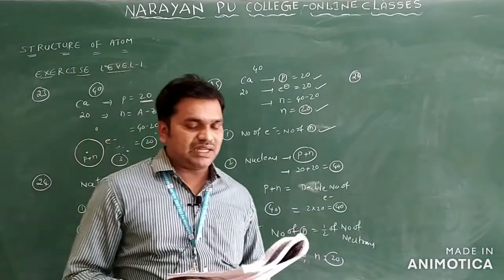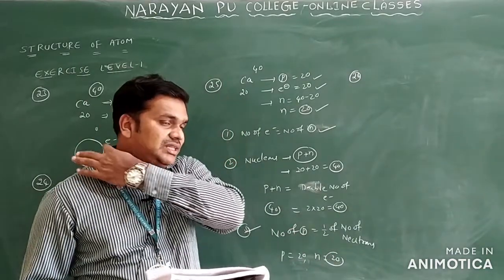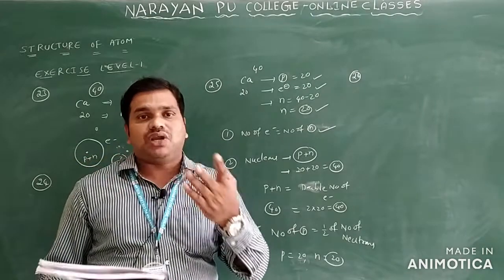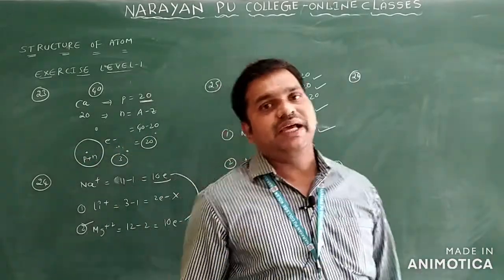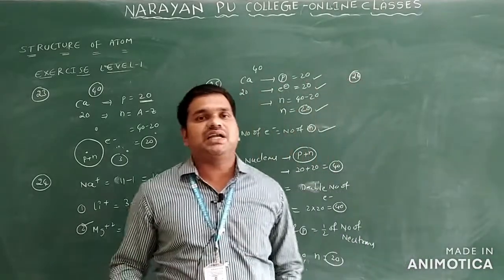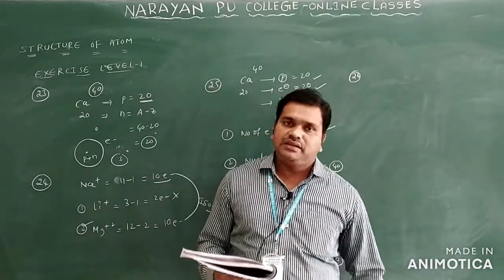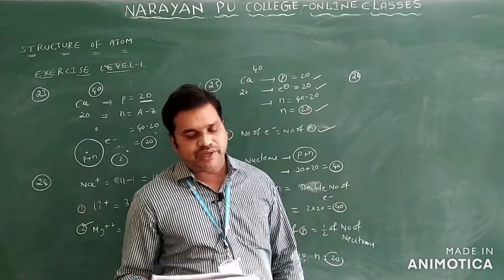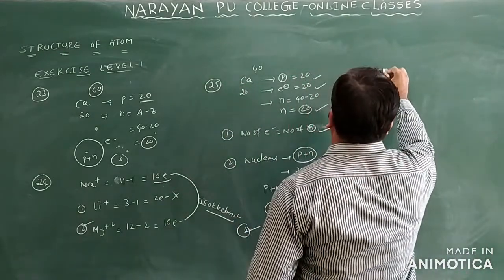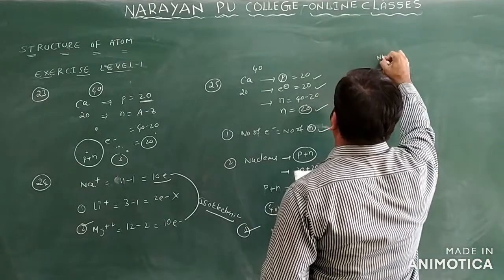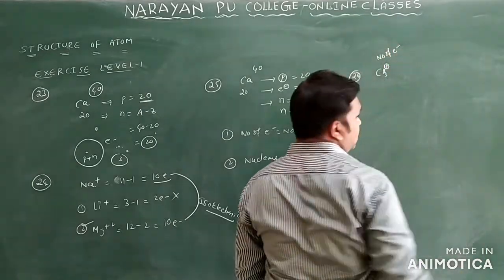Pick out the isoelectronic structures only. Isoelectronic structures means they are asking which are having the same structure only. For same structure, you can identify the same number of electrons only. If the electrons are equal, you can say that they have equal structures also. You can see the first option we have. The first option I want to take here is CH3 plus. I want to find out the number of electrons only.